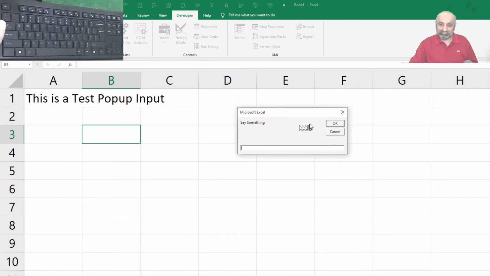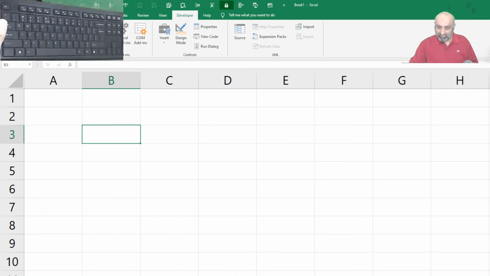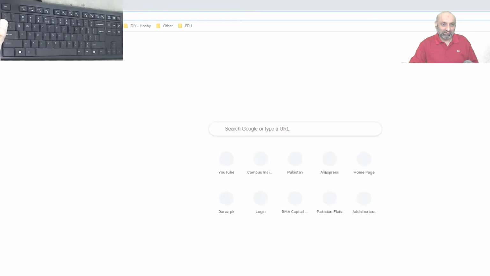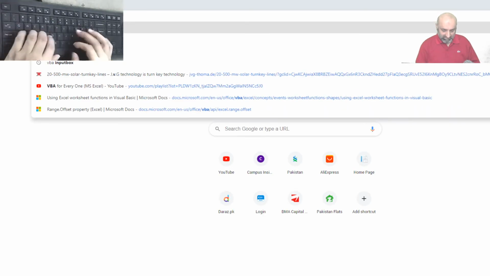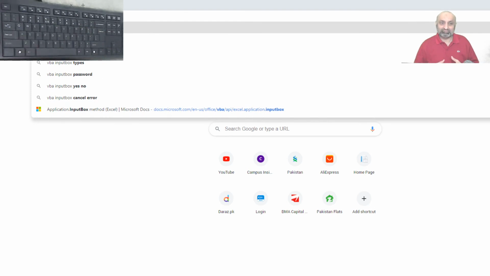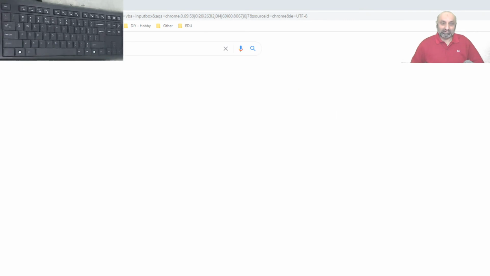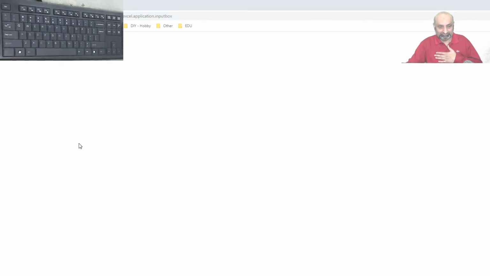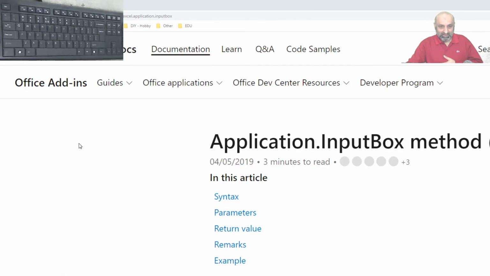Let's try to customize this window a bit more and go to our friend once again, our buddy Google, and search Google VBA input box. I'm trying to get you customized with this help. This is very useful. Again, Microsoft. I love Microsoft.